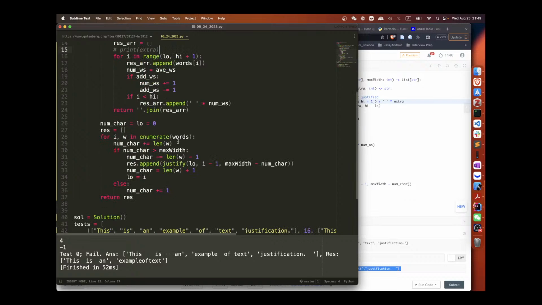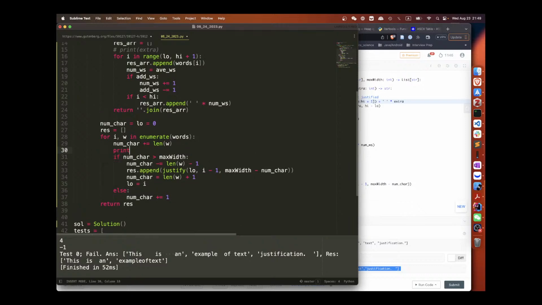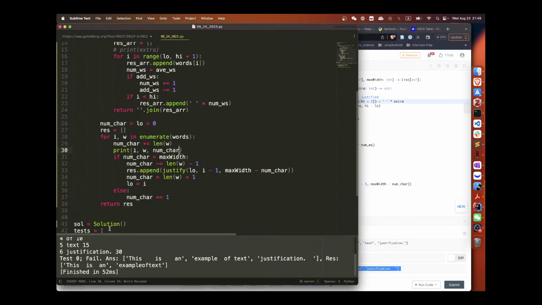We add this, right? Num char is not larger than max width, so this plus equal 1. Let's see. i, w, and num char. This is 4, right? This is 3, it's 7.